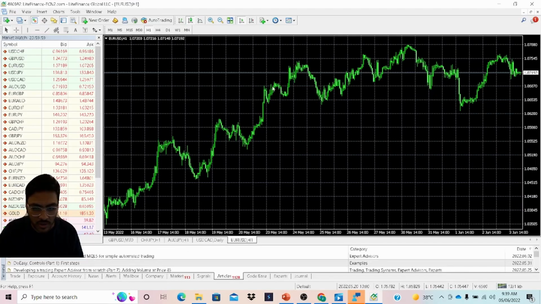Like I told you, I use MetaTrader for buying and selling currencies. So as you can see over here, you have all the symbols listed, and then you have bid and ask. So bid and ask price is from the perspective of the dealer. When you buy a currency, you buy from the dealer, and when you sell the currency, you sell to a dealer. So when you want to buy, you have to look at the price at which the dealer is selling, which is the ask price.